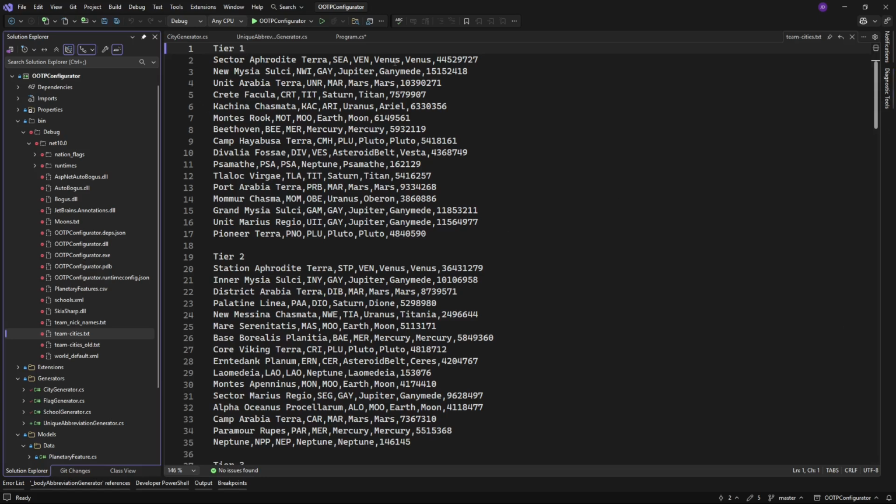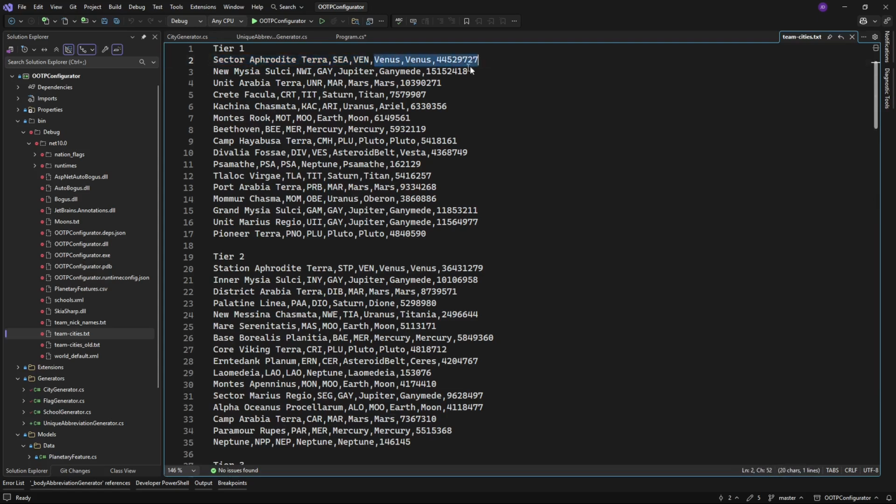So we have our tier 1, and I've moved the names around to what I think is the nicer order for when I have to enter these things into Out of the Park. So we have the city name, the city abbreviation, the country abbreviation. I think this is all I need to enter into Out of the Park.